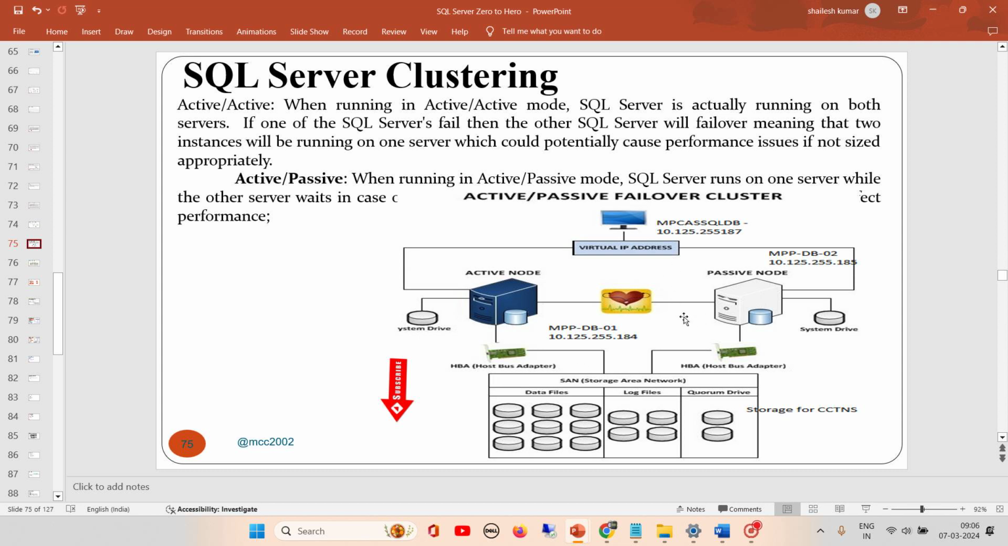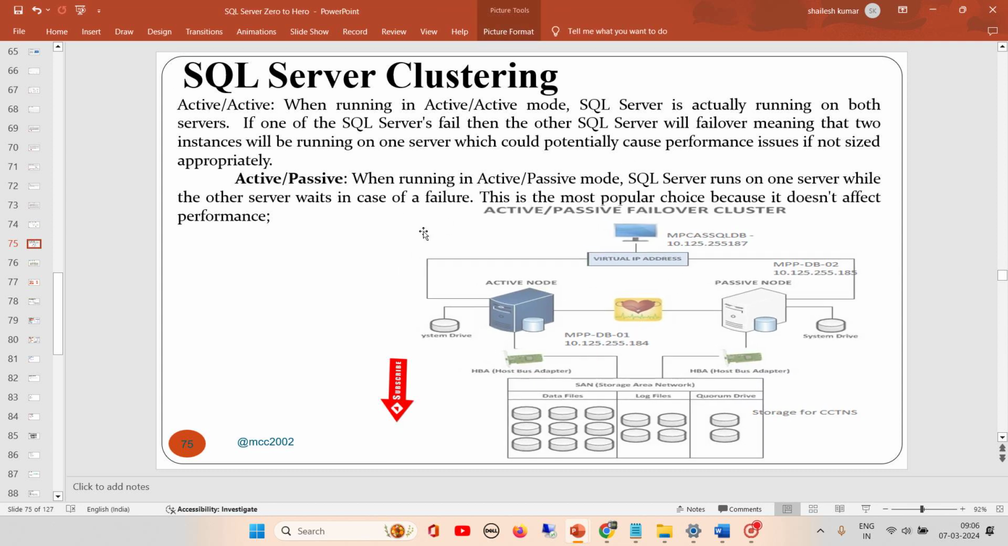Okay, I think we just minimize that. Yeah, this is for active passive. In active passive we have a drawback. We can use only one server at a time. It means if you have created a high-end server like 64 GB of RAM, 16 CPU cores, and a SAN of about 10 TB,